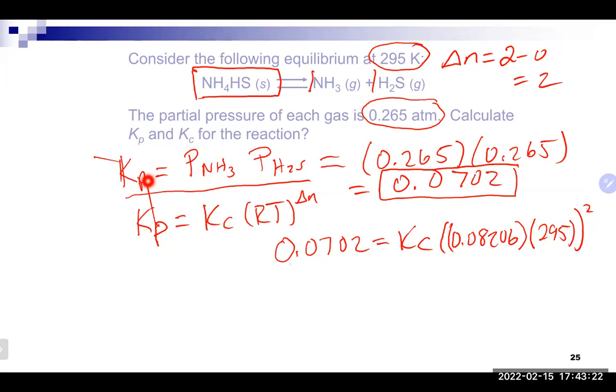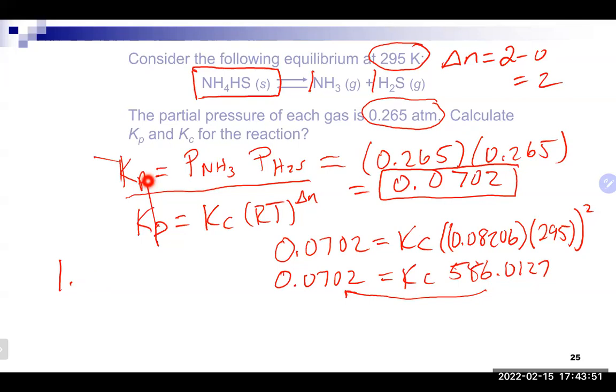And if we sort of clean it up, we do end up with 0.0702 equals Kc, and we got something like 586.0127-ish. We're obviously going to then divide that to the other side. And in this case, we would end up with, we'll call it